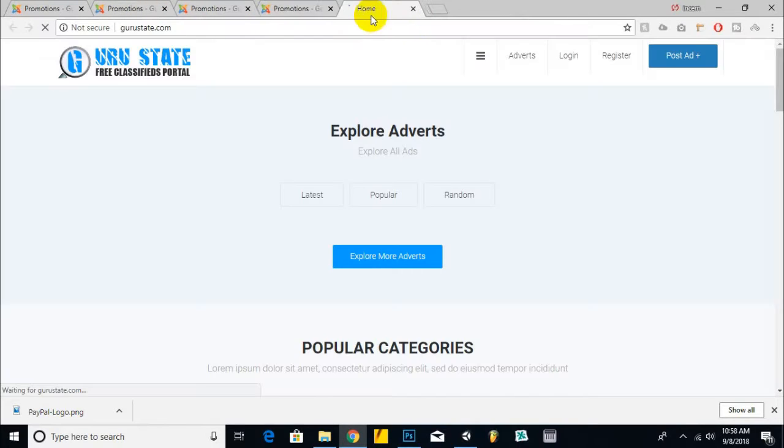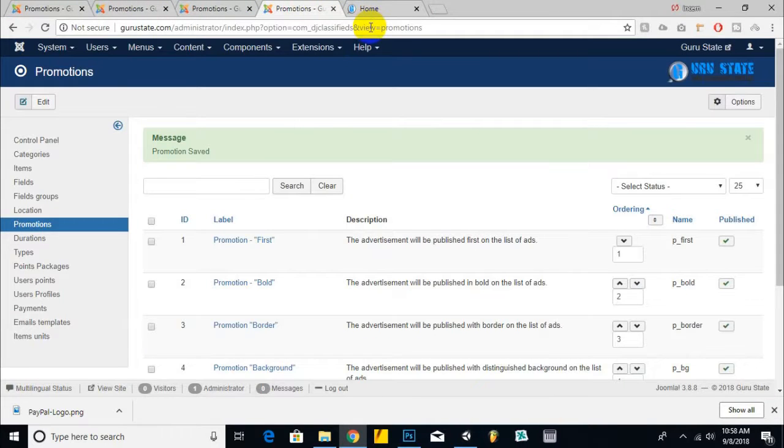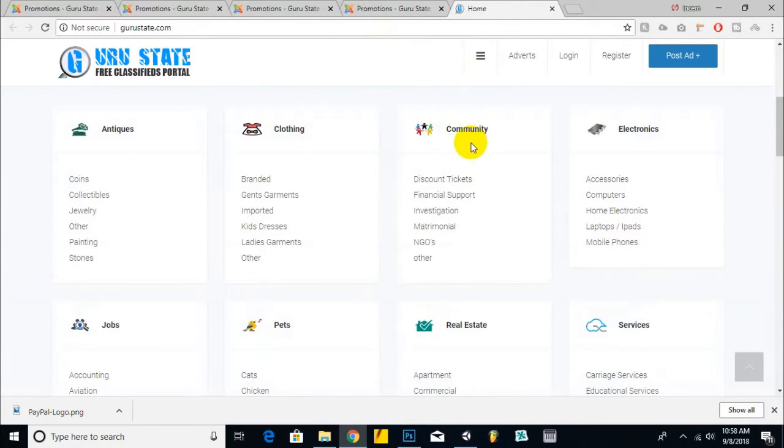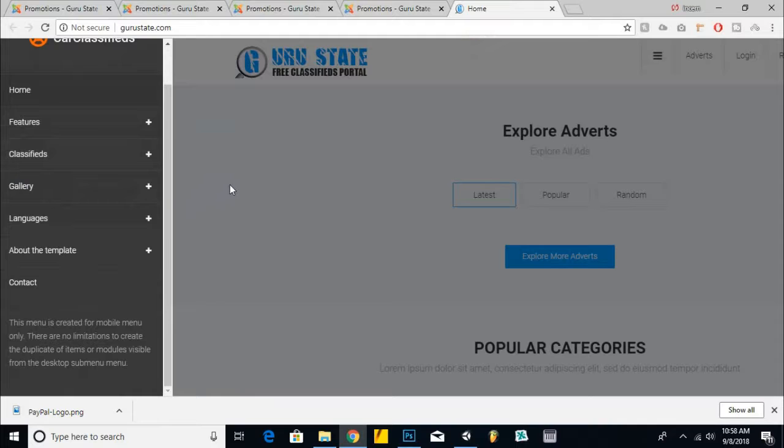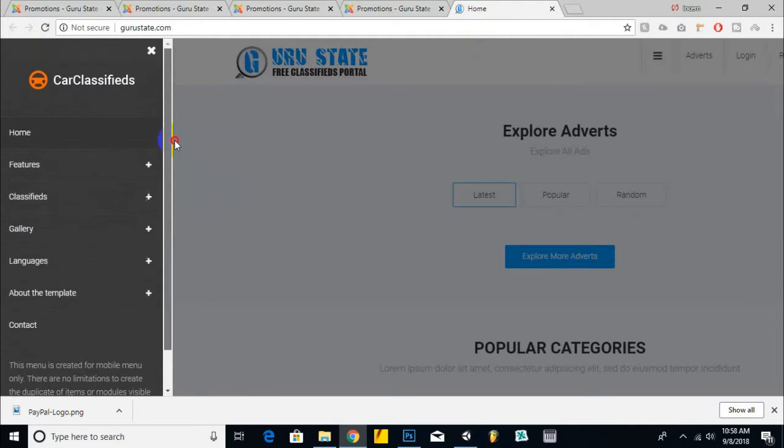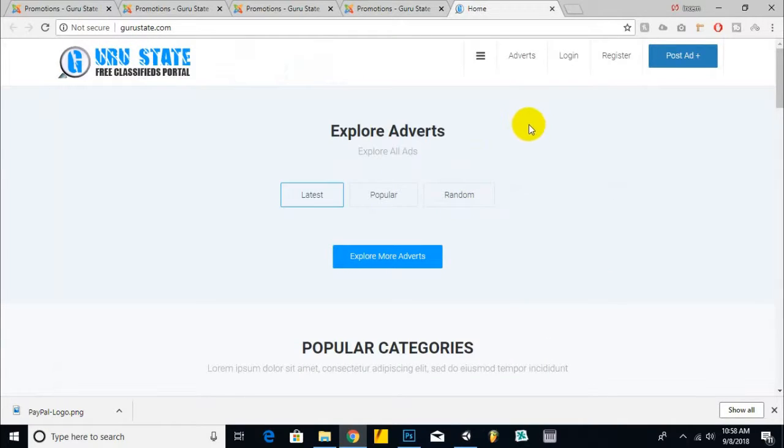That's fine. Now I will set up the front-end system so that the user can log in, and then the user can submit his ads. Okay, so let's